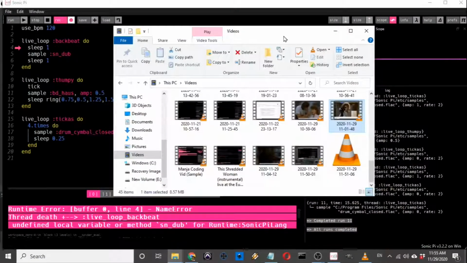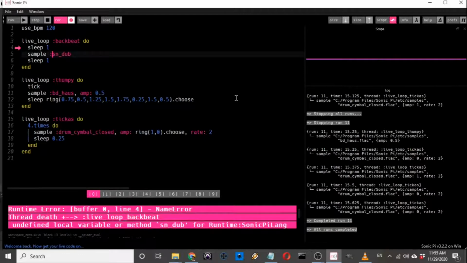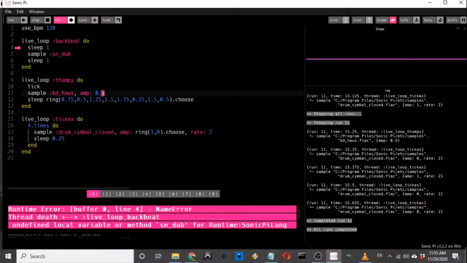In the first tutorial that I had done, if you remember, I talked about how everything that you're typing in the buffer is a set of instructions. And if you make any punctuation error, if you make any spelling error, if you make any kind of value error, like say you're typing in a value for amplitude, for some certain parameters you can only go up to a certain number. If you go beyond that number, you'll get errors. So with any of these errors, the computer is going to be unforgiving when it comes to these syntax errors, and this, like I said, is a huge frustration.